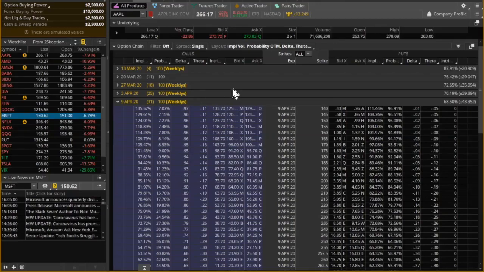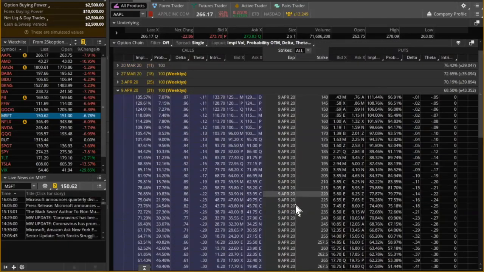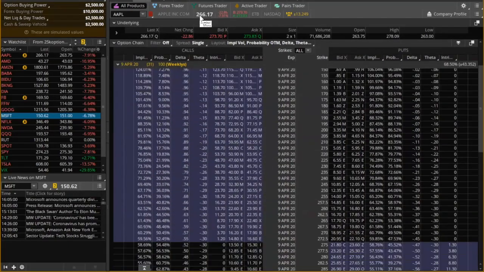And in ThinkorSwim, everything is customizable, but this is what it comes with. It has ask, bid, intrinsic value, theta, delta, probability, and implied volatility. But don't worry about that right now. All we care about is how do we place trades. So let's say we want to buy Apple, which is at 266. So let's say I put an alert out saying that